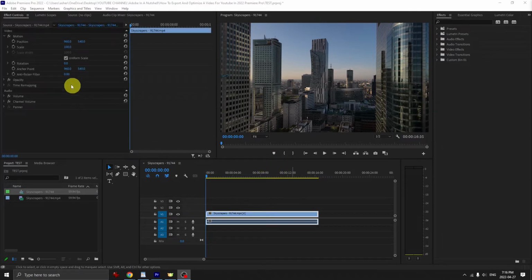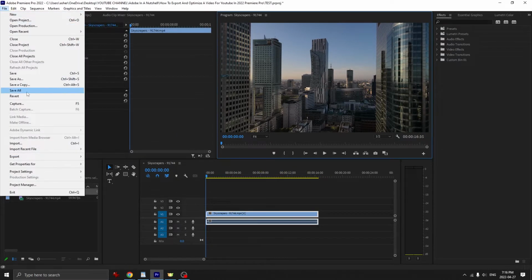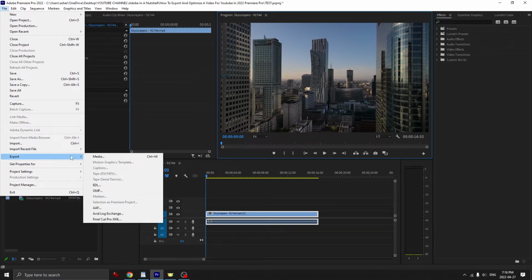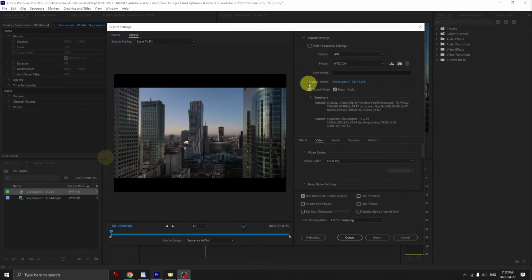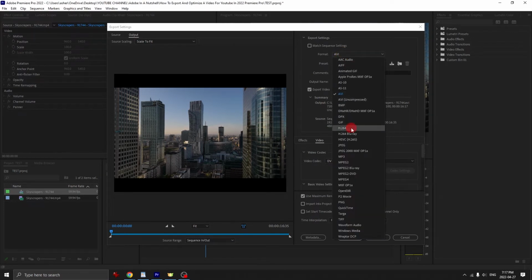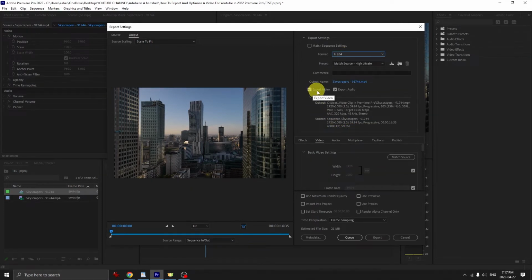First thing you'll want to do is go to the export menu by going to File, Export, and Media. In this menu, you'll want to select the H.264 format and then ensure both Export Video and Export Audio are checked off. You will also want to make sure that the output resolution under Summary matches the resolution you intended